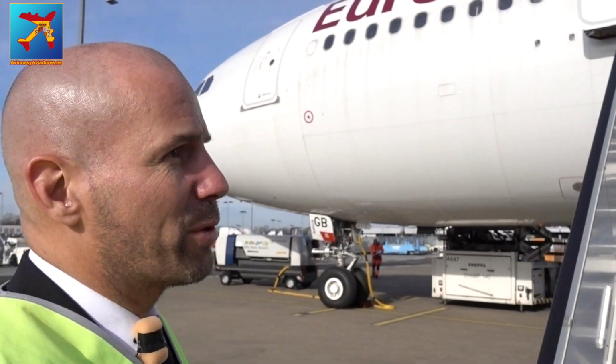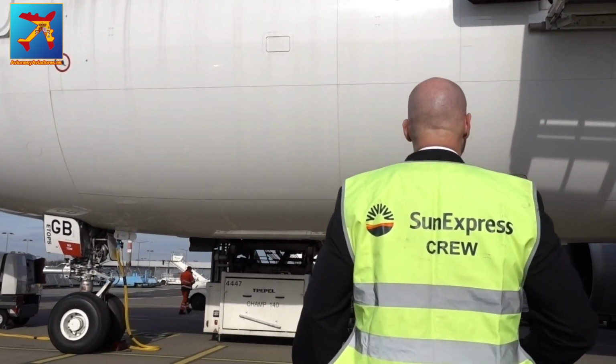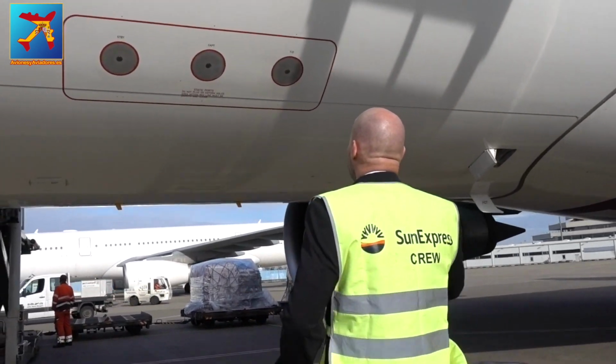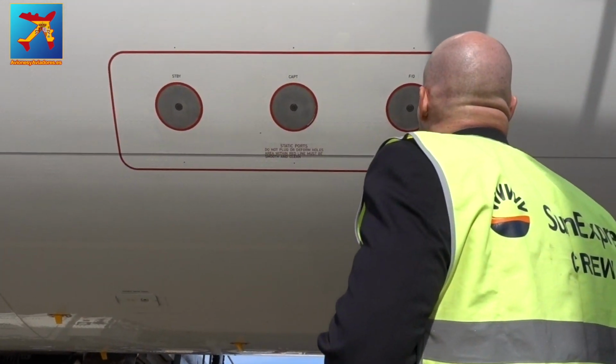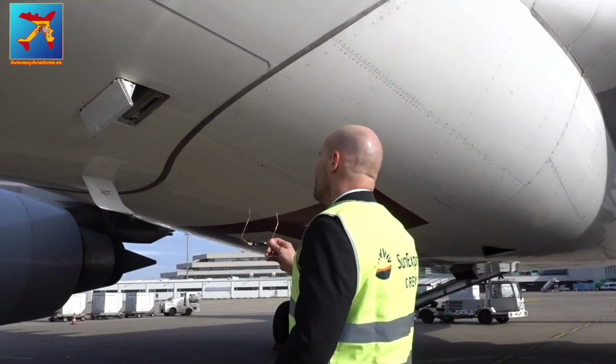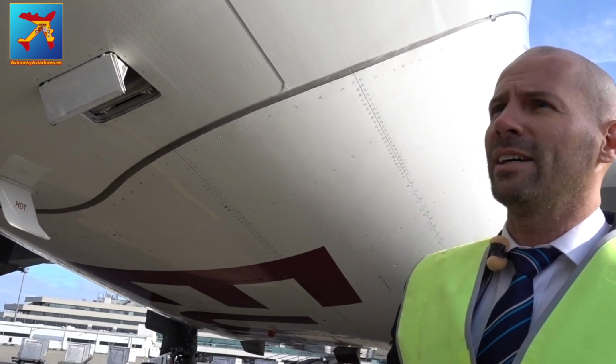Good morning. Beautiful day for flying. We will make an outside check right now. This is mandatory before every flight to check that every equipment of the aircraft is fit and safe to fly. So we start at the left forward fuselage and we check that all the pitot and static ports are free of obstruction, that the outflow valve is clear, that all the antennas are in correct position and not damaged,